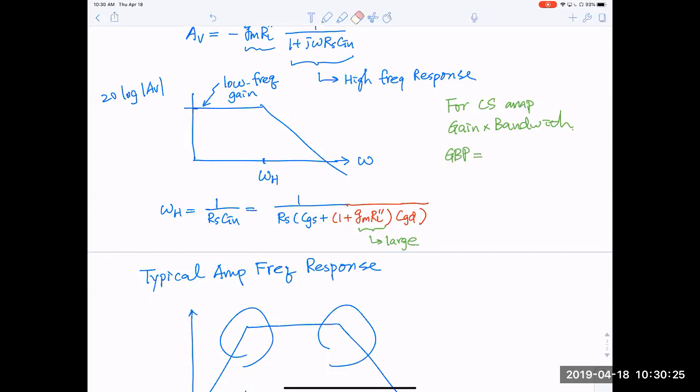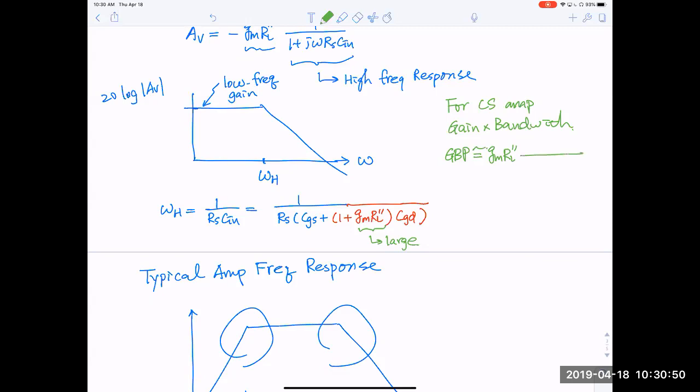Gain, let's take the absolute value, is gm RL double prime. And bandwidth is omega h. If we assume the second term dominant, then the bandwidth is approximately